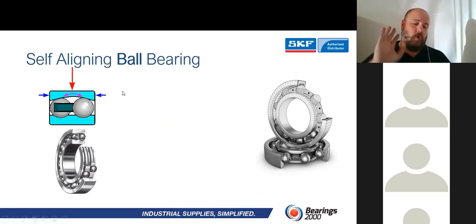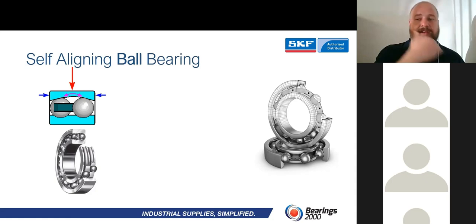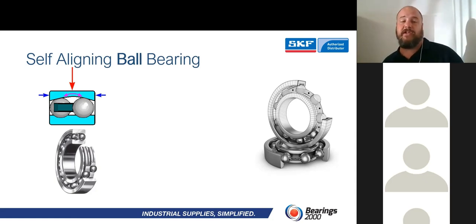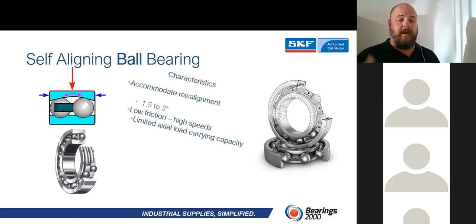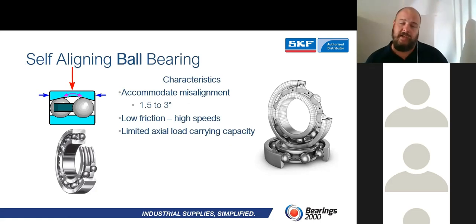Now, guys, we've got to remember that, yes, when a bearing is able to do the self-aligning within itself, it is not the solution for having misalignment. Okay, we need to understand that bearings need to be aligned for them to perform properly and get the maximum number of revolutions out of them. But this one has got the biggest of them all. The amount of misalignment that it can accommodate is a whole 3 degrees, which is quite a lot in terms of what a bearing is on the inside.